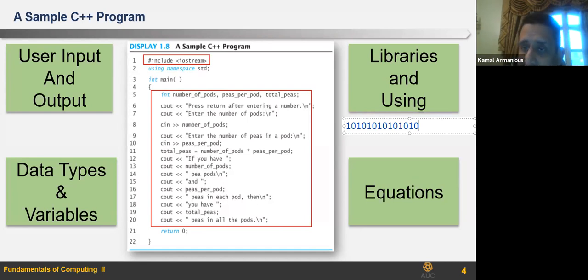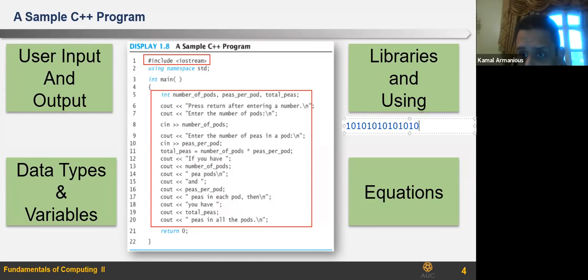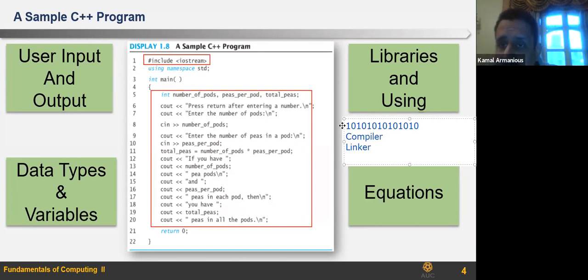So what does the linker do, Freddy? If you still remember, of course. It was chapter 1. We have two things, the compiler and the linker. The linker links two object codes together to produce the executable file, the .exe file, the one that will show you the output of your C++ file on the screen.